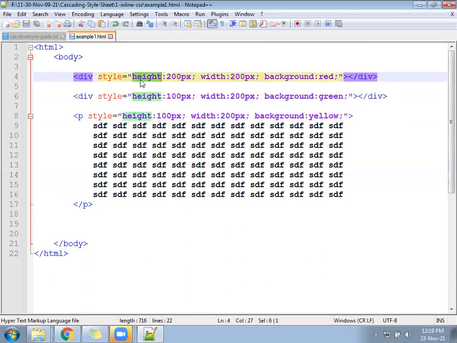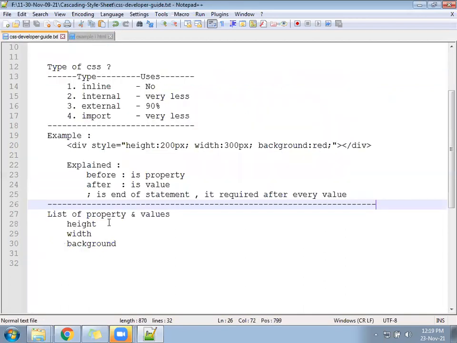Height you are going to write using 3 methods. Width you are going to write using 4 methods. Background, we are going to write using 10, 8, 10 plus methods, nearly 9 methods. So come to the developer guide. Height we have written; we will be learning in a few examples, implementing using 3 methods. Width we have written; we will implement using 4 methods. Background we have written; we will be using a total of 9 methods.